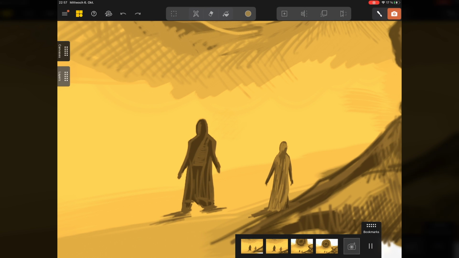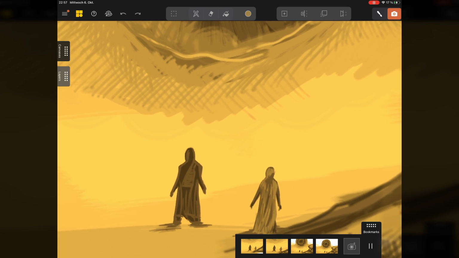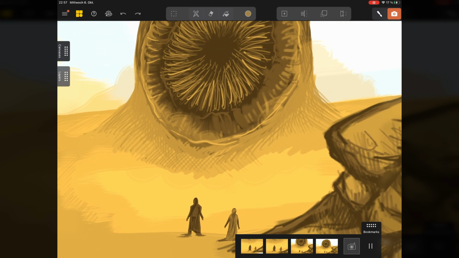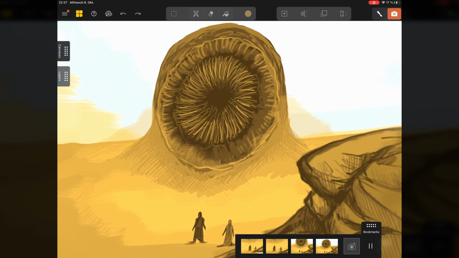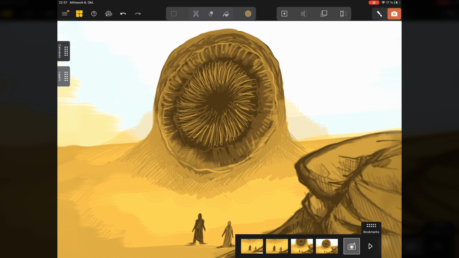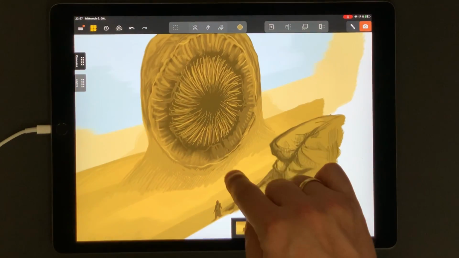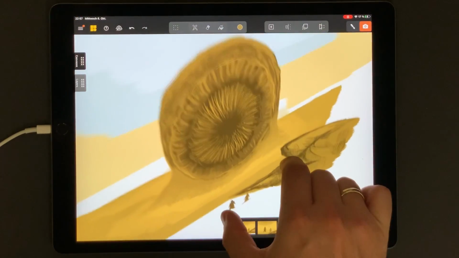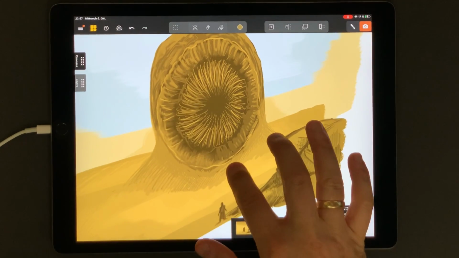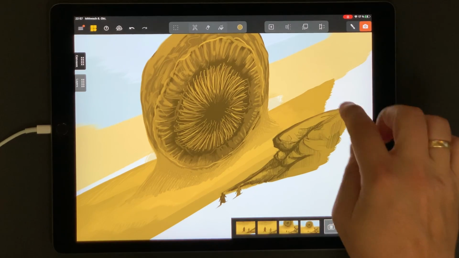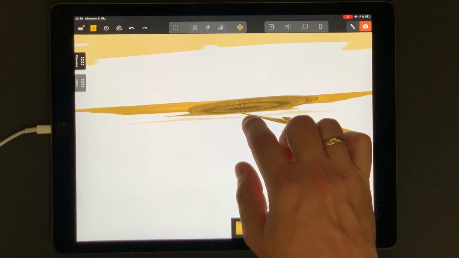We play it again, and as you can see, we have now a smooth animation. It now looks quite cool, but we can optimize it a little bit more, so that I can show you what you can do again with this tool. We can also choose some other angles and play around with it, but what I want